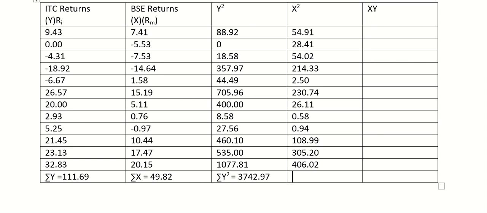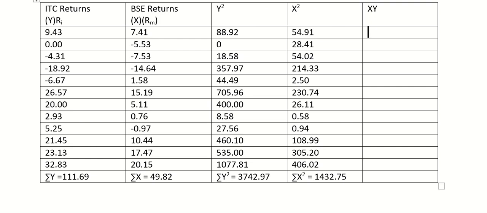Now we will calculate summation of x square. X is your independent variable. Always remember, x is independent. Do not ever get confused, otherwise the whole question will go wrong if you put x instead of y or y instead of x. So always be very, very careful. So summation of x square is 1432.75.